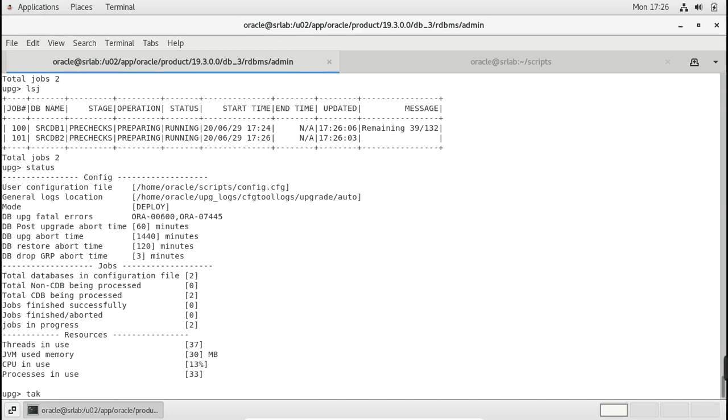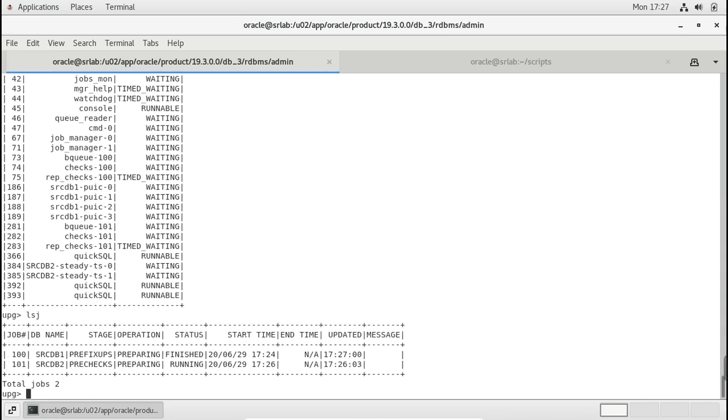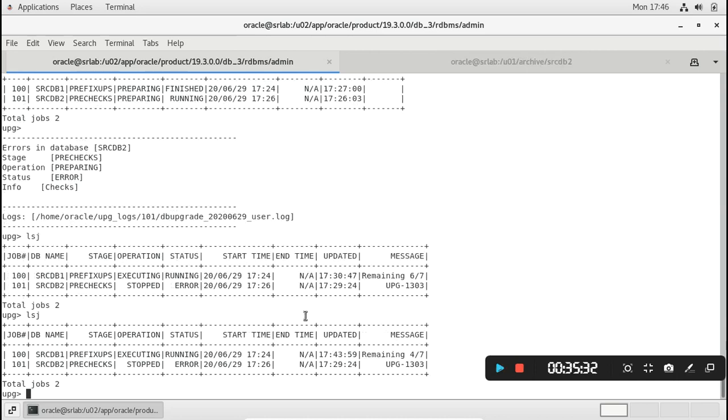In the tasks, you can see the main jobs. These jobs are waiting in the queue, so they will execute. Three checks are completed and three are running, preparing. You can see it is running as expected. Let's see.